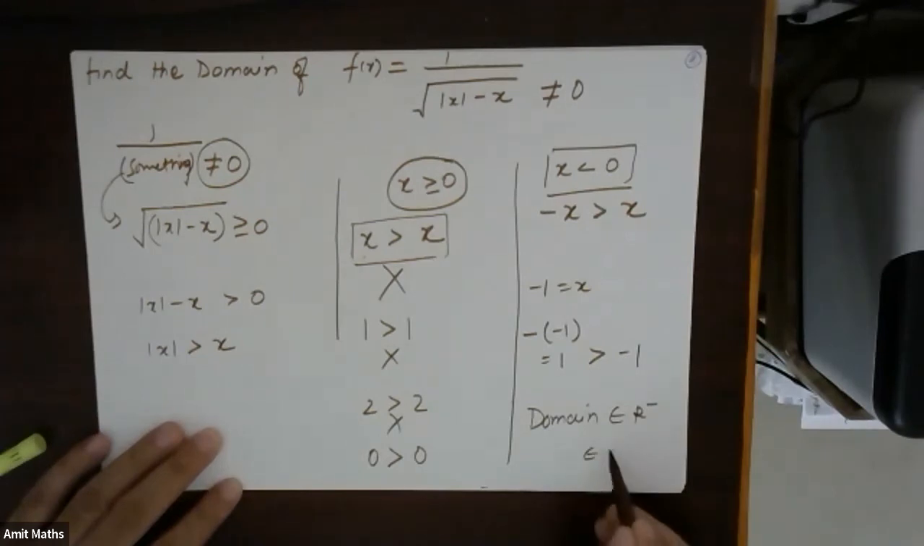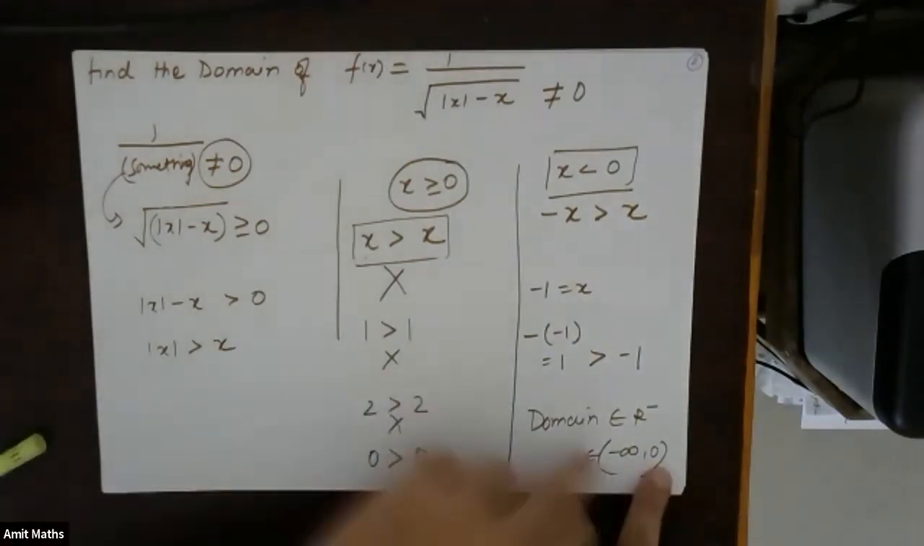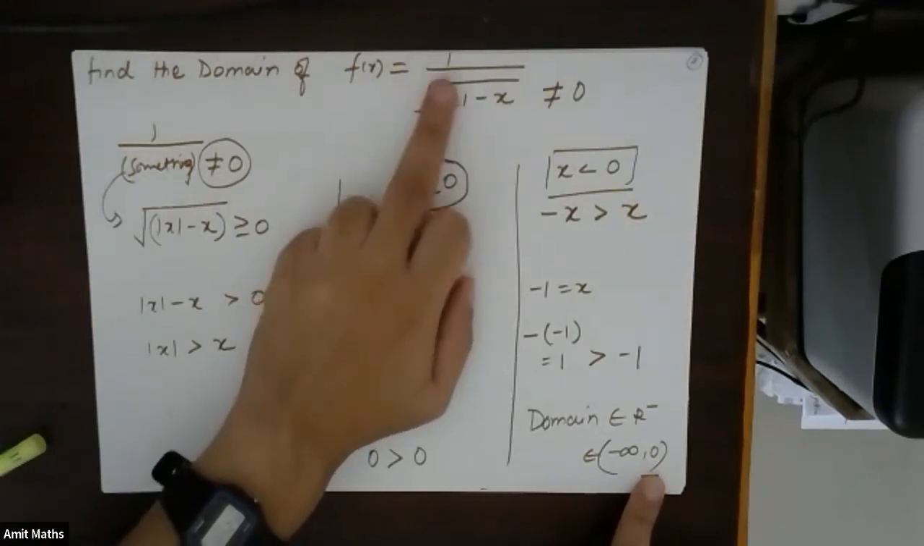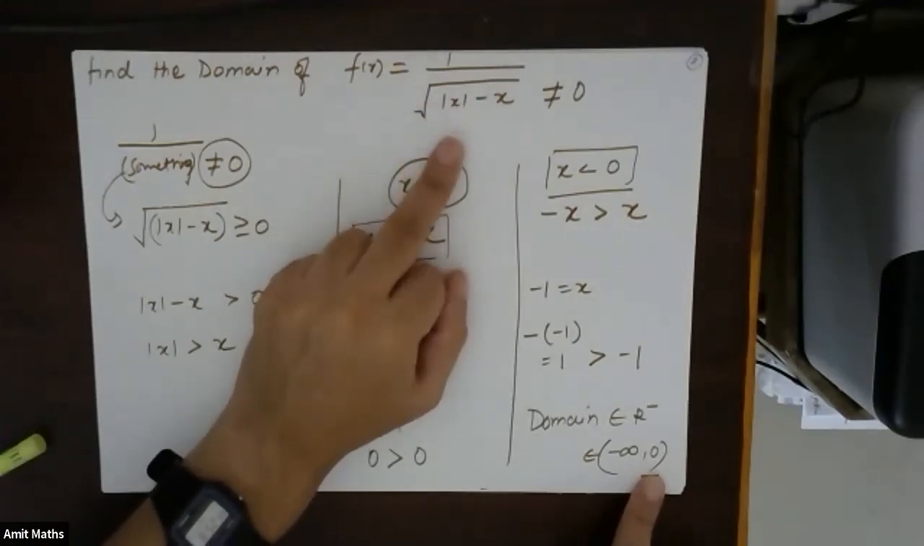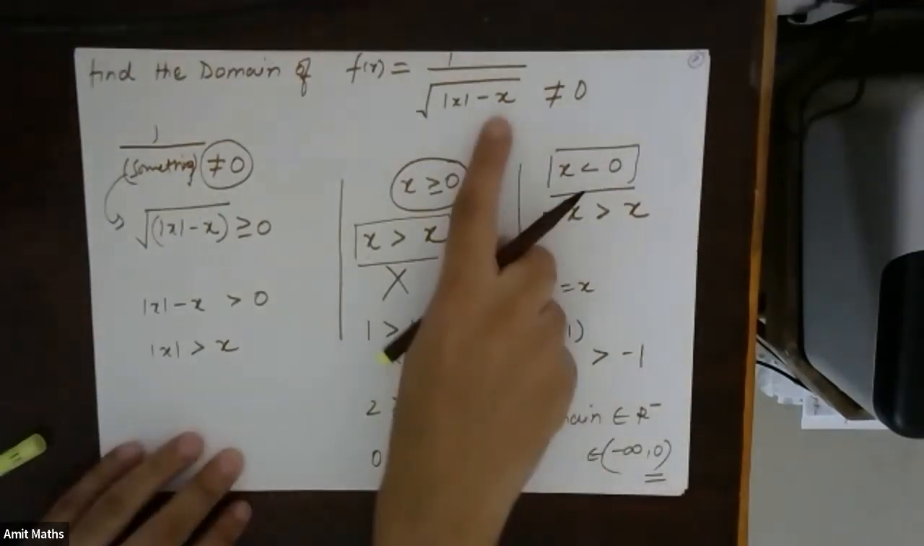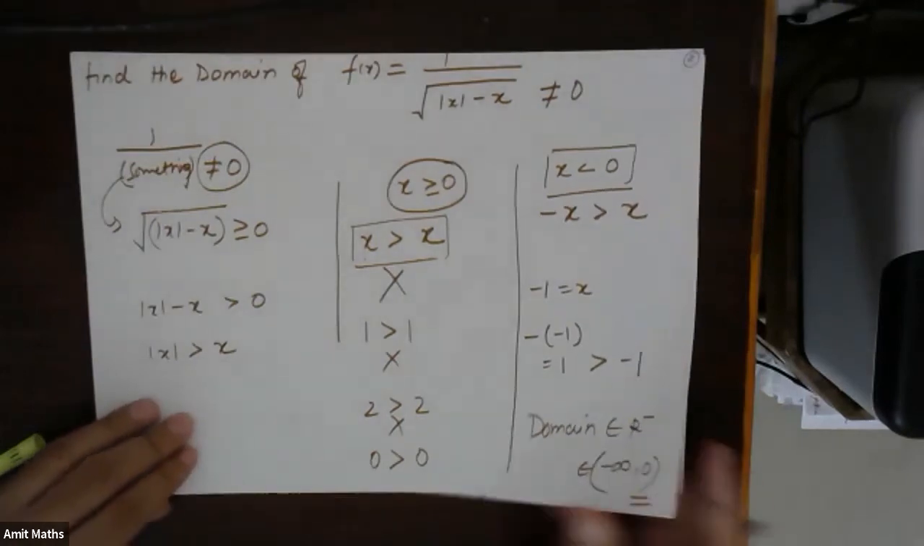That means x belongs to minus infinity to 0. In this case, we have removed 0 because if I substitute 0 in this, this will become 1 by 0, and 1 by 0 is not defined. So the domain will become minus infinity to 0 for this. Fine. Okay. After this,